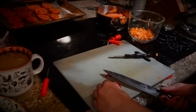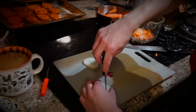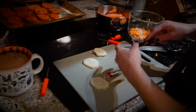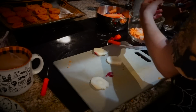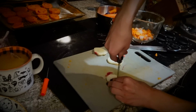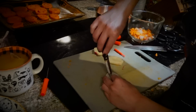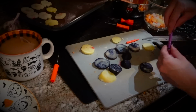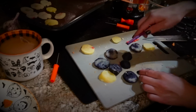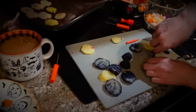For the potatoes, I'm going ahead and slicing them into pieces. Please ignore the red stain, it's from the beets, an unfortunate part. And then I'm chopping a little bit off the bottom to make a bit of a ghost face and trying to carve out the eyes. This was another thing that I experimented with. I found that carving out the eyes with a knife was kind of tricky, and instead a sturdy straw was super helpful for that. Just making sure to poke the eye holes first before cutting out the bottom of the